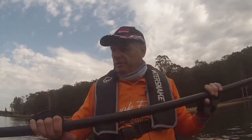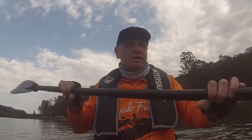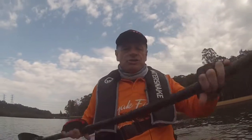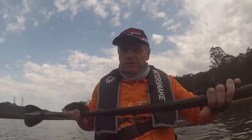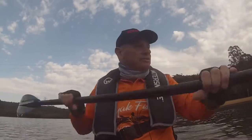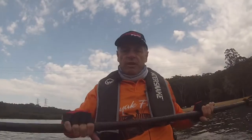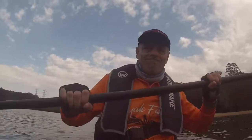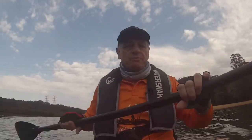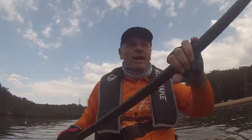Okay guys, we've now got the kayak in the water, and the first thing I notice is the stability of this 3.8 metre sit-in kayak. I have to say, stability wise, very good. Very, very good. Very impressed with the stability of the kayak. The way it's tracking